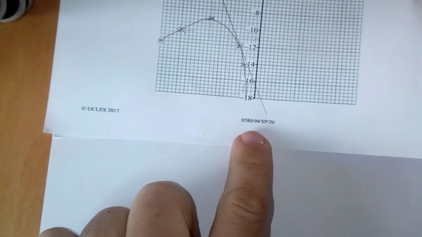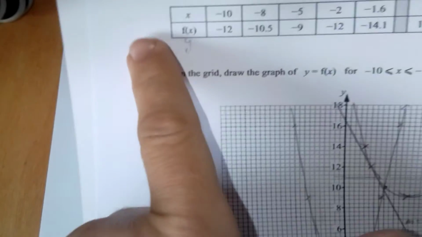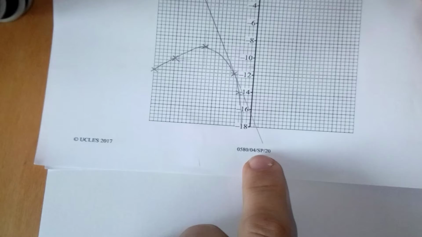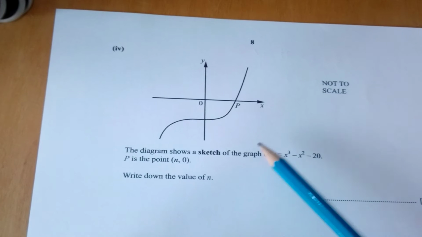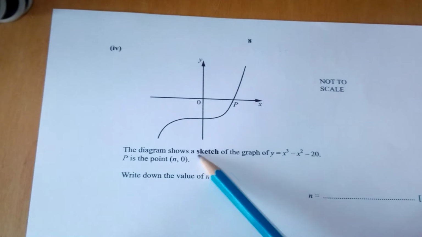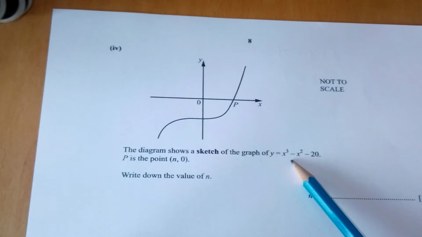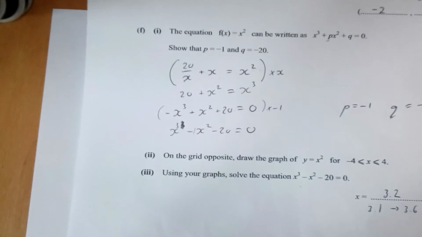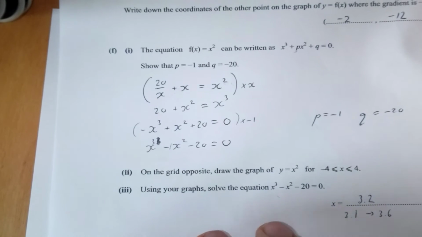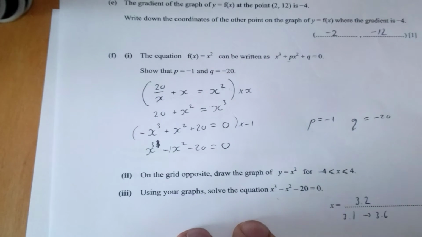Right, we're doing the last question of question 3 on the Specimen Paper 2020, Paper 4, and it looks like this. Okay, the diagram shows a sketch of the graph y equals x cubed minus x squared minus 20, which is very much related to the rest of question F, which you did on the previous page. Okay, where we had x cubed minus x minus 20 equals 0